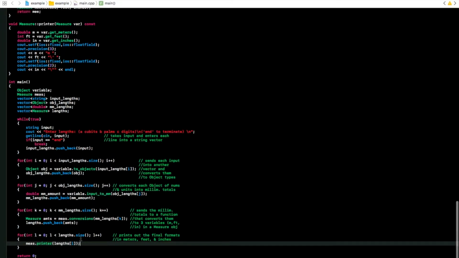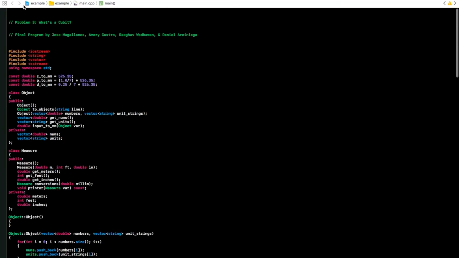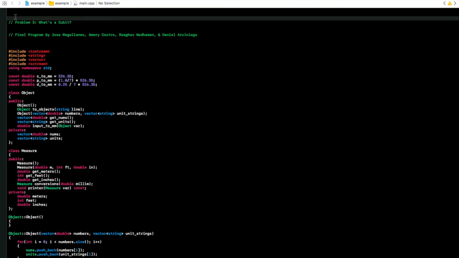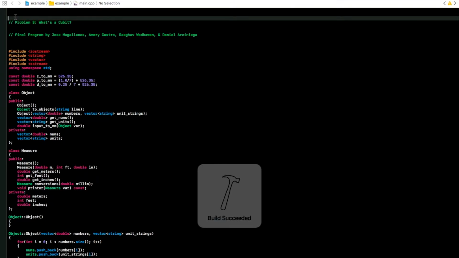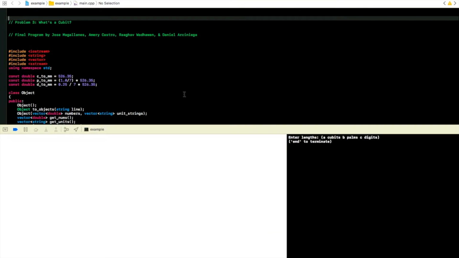Okay, and to finish it off, we just want to run it with the sample input that was given to us. Okay, so the program runs. We're going to go ahead and enter 300 cubits. Two cubits, 1 palm, 2 digits,